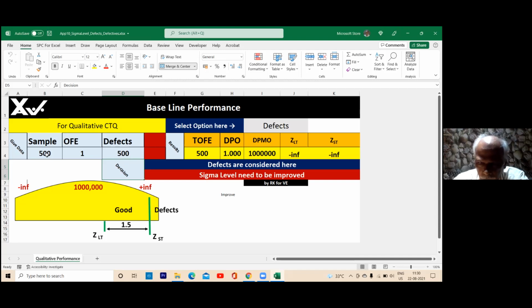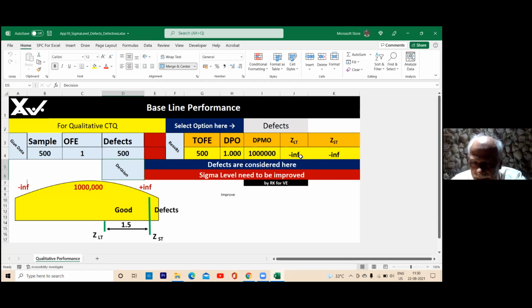So how many samples you tested and how many defects you obtained. This is what we did in the GEMS experiment. Opportunity for error was count defect, scratches, taste, shape, so many things, 5 items. All you need to do is fill in, and it will change here. Minus infinity gives you DPO, defects per opportunity, and defects per million opportunities is nothing but multiplying by a million. That's all. And then the short term and long term sigma level.